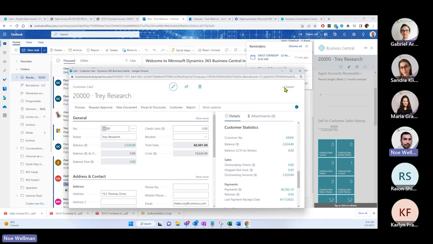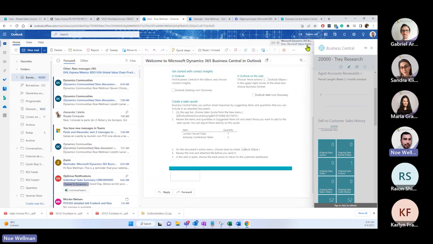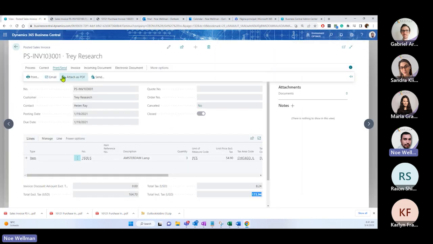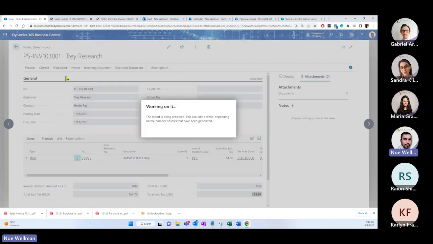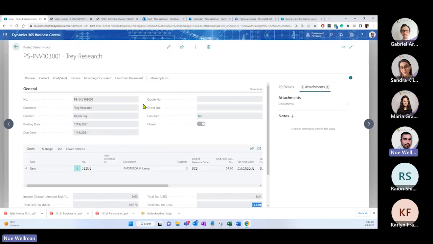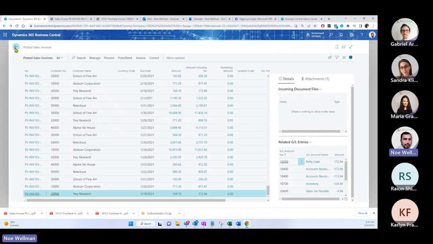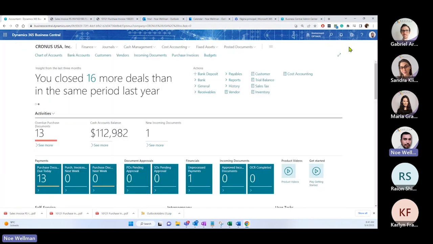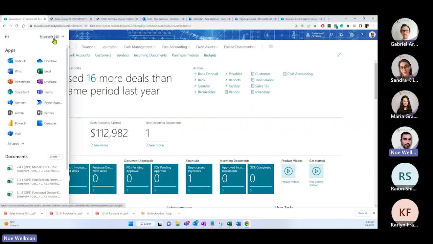We don't have to click save or anything. So these are the two basic functionalities: work from Outlook and send documents from Business Central. Automated emails, which is so cool, right? But in the end, how you want to do the integration is up to you. This could be using the Office 365